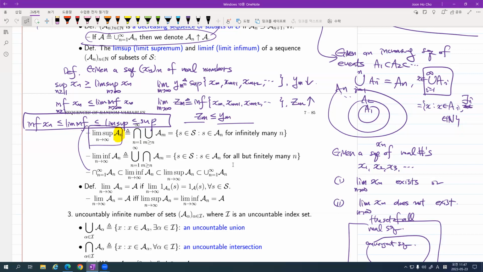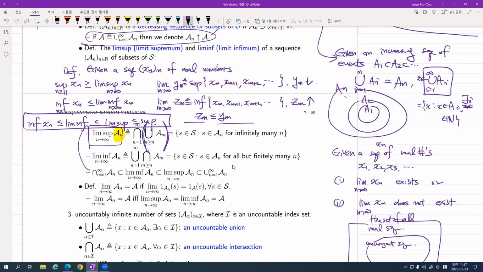And here we have, what is this one? Countable intersection. And this is countable union. So the union runs from n to infinity, right? And you have A sub m. When I first saw this definition, I was frustrated. Actually, we need some parentheses here, which makes this definition very easy to understand.